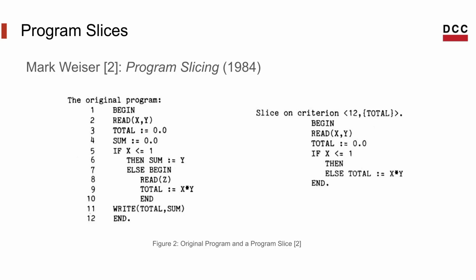Once we outline all statements that influence the computation of the selected variable, we call it the slice with respect to the slice criterion. Program slices have many applications. One of them is debugging. It is the exact abstraction a programmer has in mind when he wants to find a bug at some program